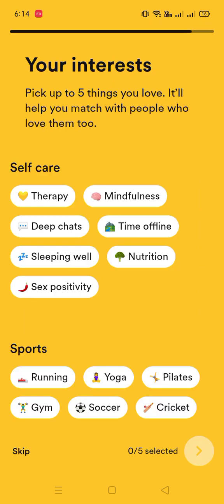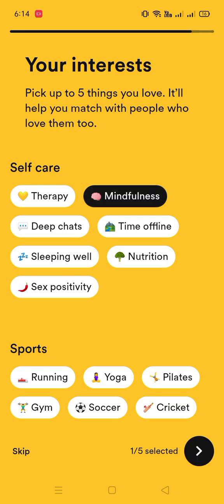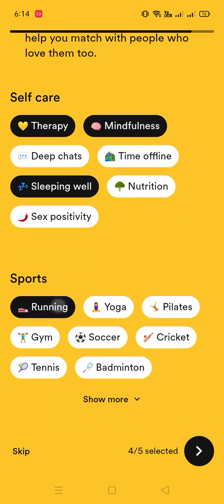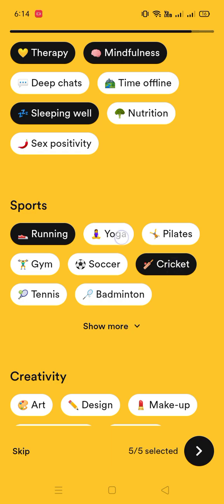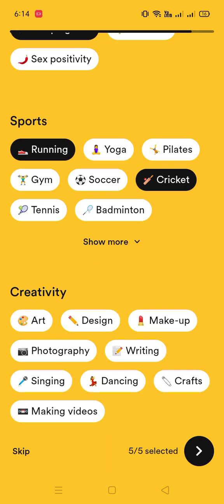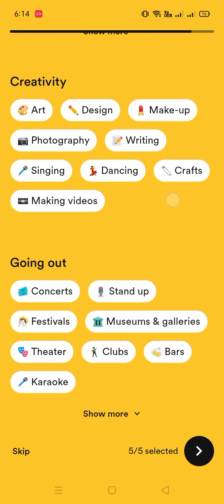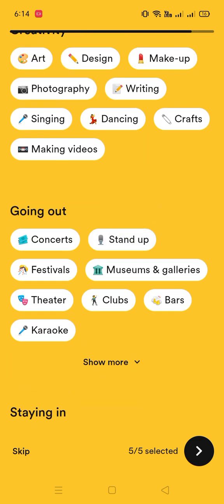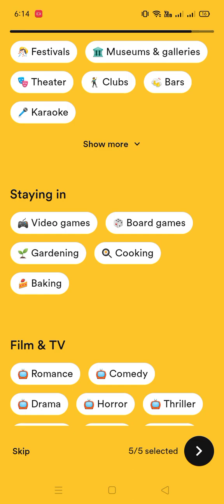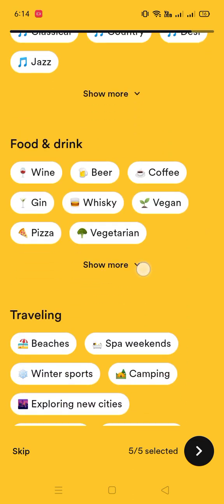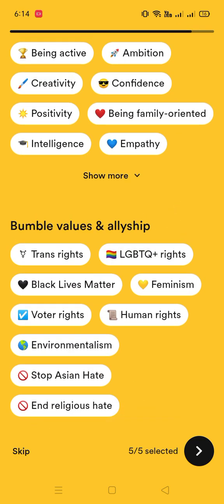and here are some interests. You can choose like mindfulness, sleeping, oil therapy. You can add cricket, yoga, or you can add more, creativity, design, going out, stand up. I'm just choosing randomly. Okay, you can choose voice. Then after that, simply tap here